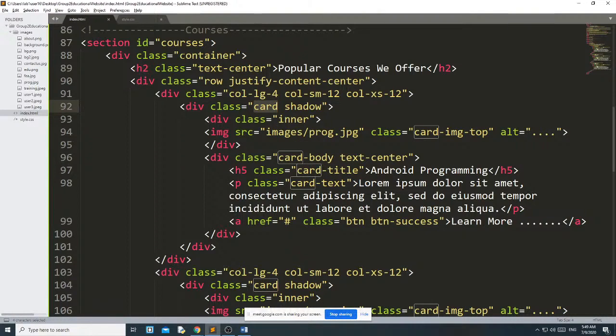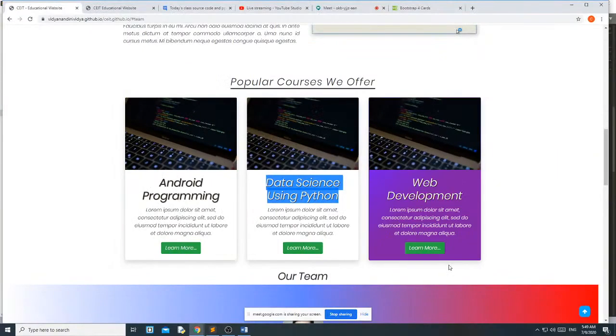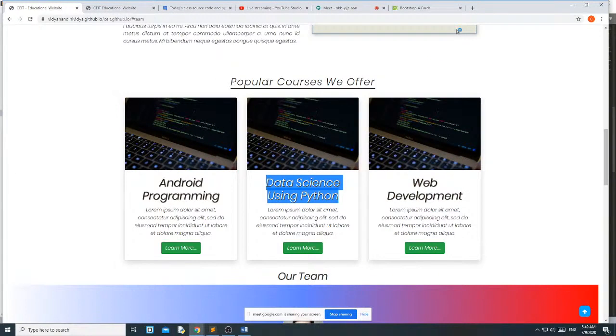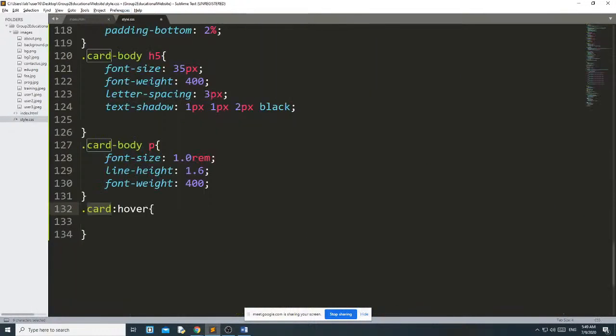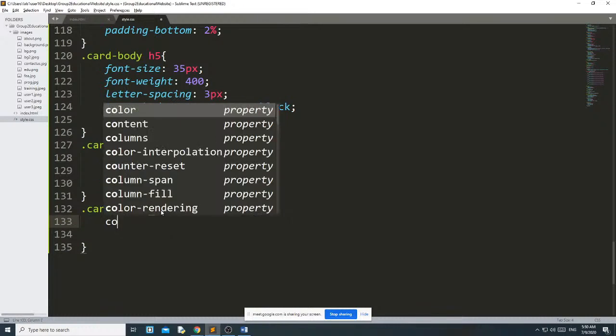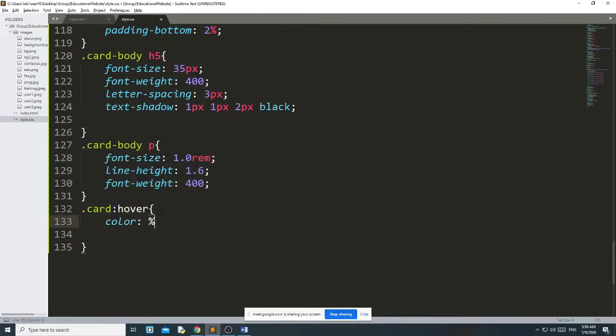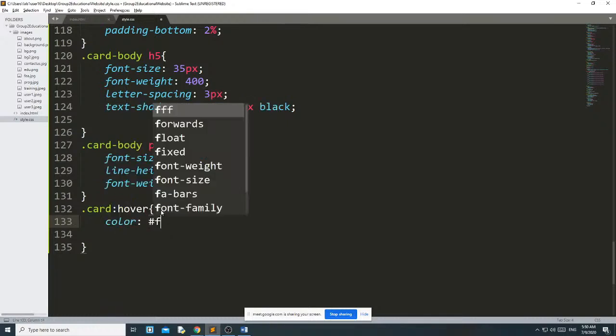If you use dot container, then it will apply to all things, including this. But we don't want to apply on the container, we want to apply on each card. That's why we are writing dot card. When you hover on the card, all the text color will change to white.